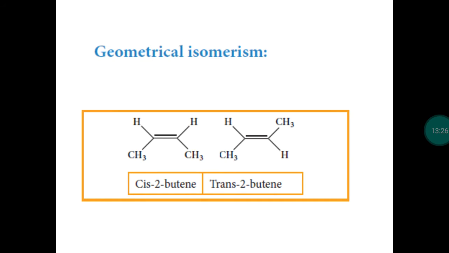Next, stereoisomerism. We have studied two types of structural isomerism. One is positional isomerism exhibited by alkenes. Next one, chain isomerism exhibited by alkenes. Next we move into stereoisomerism. Compounds with the same molecular formula but different arrangement of atoms in space are called stereoisomers, and the property is known as stereoisomerism. There are two types of stereoisomerism. One is geometrical, another one is optical.